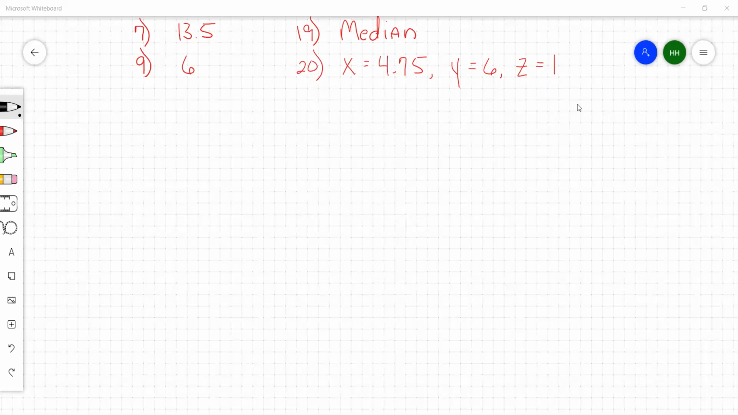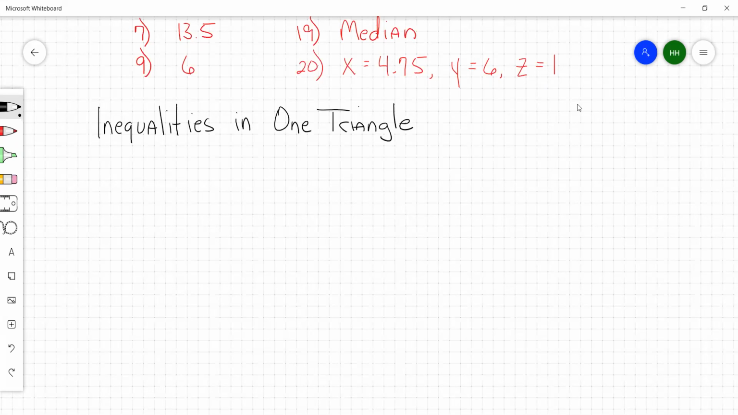Okay, today we're going to talk about inequalities in one triangle. Inequalities in one triangle. And your first theorem